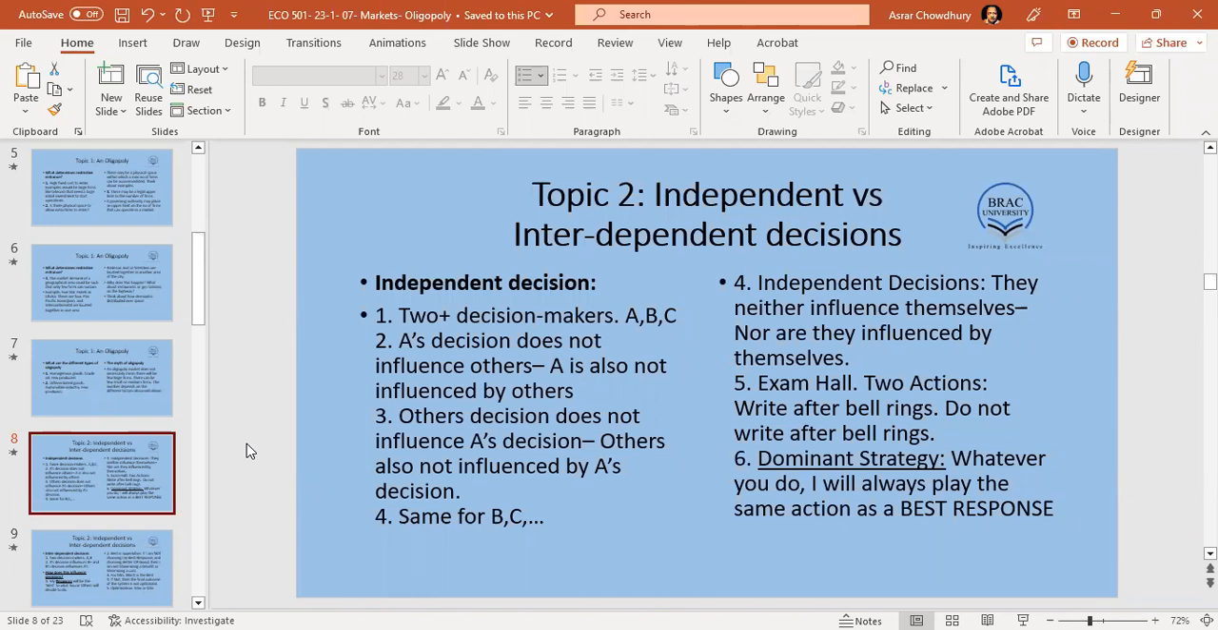But what is interdependent? Interdependent is when I make a decision, I do it on the basis of what I think you will do. You do the same. When you make a decision, you make it on the basis of what you think I will do. For example, BRAC University is going to buy 20 PCs for your MBA program,